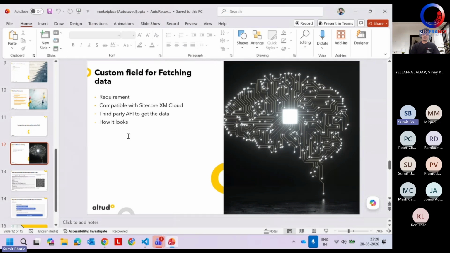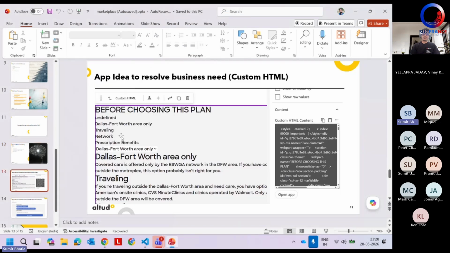Coming back to the slide again, let me show you some other example that I've created for them as well. What they need is to show custom HTML. Initially in the XP environment they have snippets, but in XM Cloud, inside Sitecore AI, they don't have snippets where you can put your HTML and it is rendered over there. For their small components like the banner and other things, they want functionality where they can put their HTML and CSS directly into the page builder, and it should render on the site.